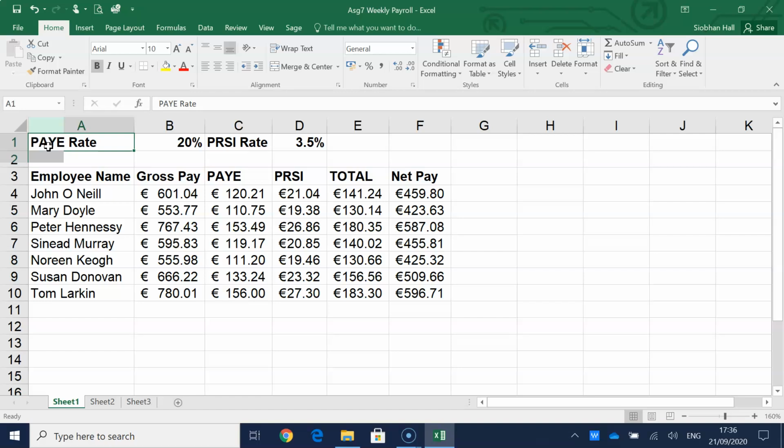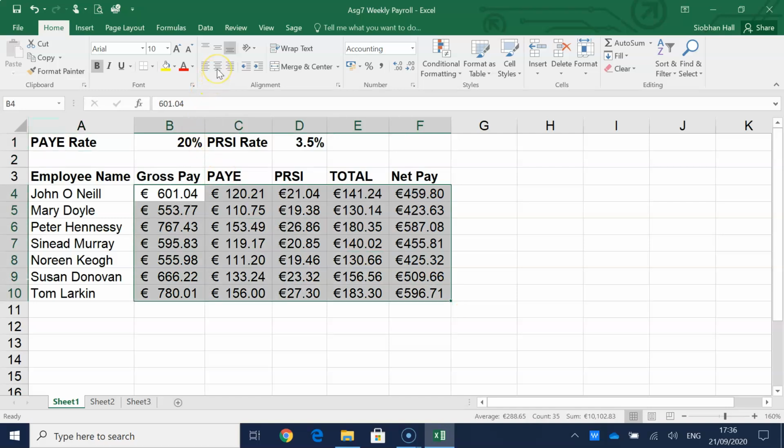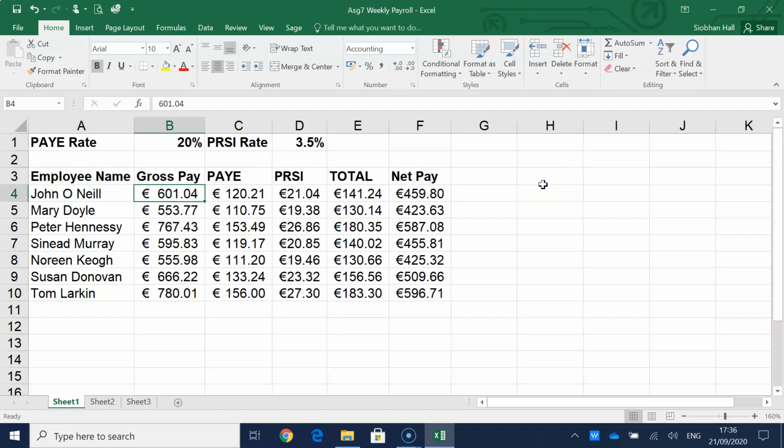Question 10 says center the data in cells B3 to F10. So B3, John O'Neill's gross pay, to F10, Tom Larkin's net pay. And we are to center that data. So on the home ribbon, the center button. Question 11 says, change John O'Neill's gross pay to €700. So again, we would never type in a euro symbol. We just type in a number. So 700,